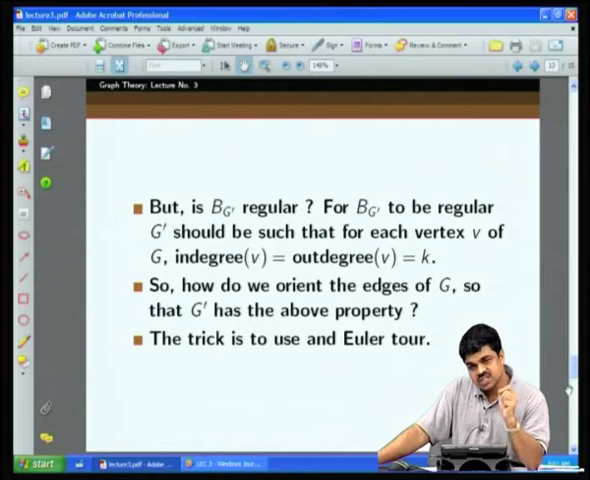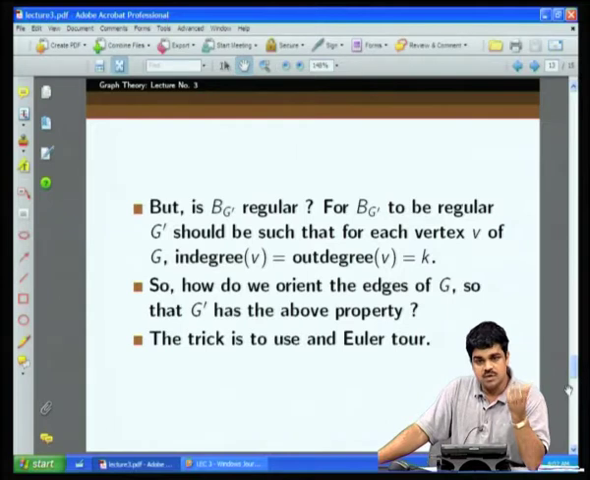That perfect matching will become a cycle cover in the directed graph, and that will become a cycle cover in the original graph also. That is the trick. But now how do I make sure that there is a perfect matching in the bipartite double cover? For that perfect matching to be present, one good thing is